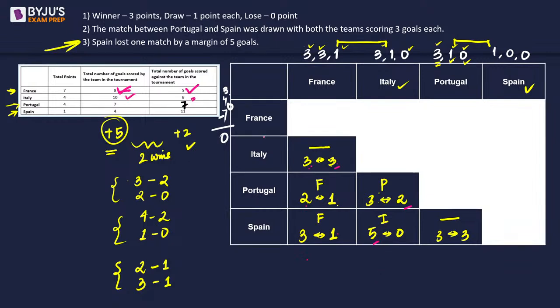Against Italy, it should be 6. So against Italy, we have a 3 here, a 3 here, and a 0 here. So this is also 6. जो हमें against चाहिए. Okay. Now let's check